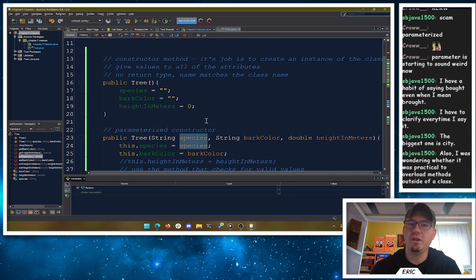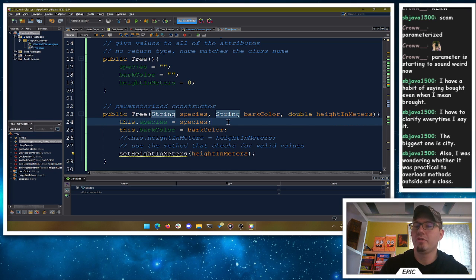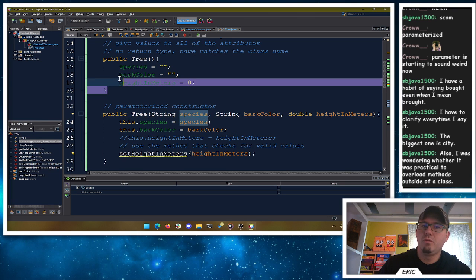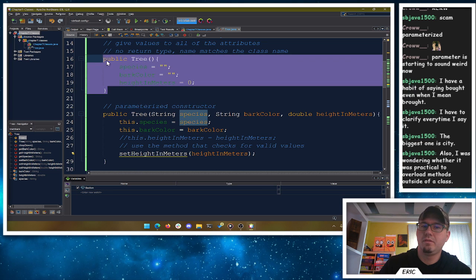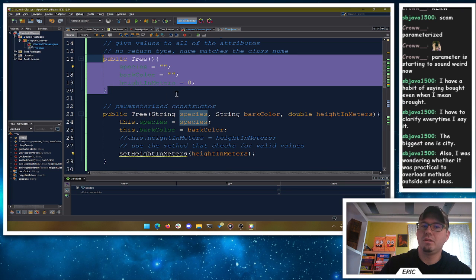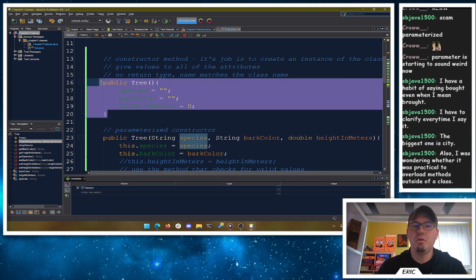So once you make that tree and tell me it's a Douglas fir, it will forever be a Douglas fir. You're not allowed to change it. It doesn't mean every class has to do it, but if it makes sense for how we're trying to solve our problem and how we're representing this noun, then great, we can do that. We've essentially made this value species read-only, because we're never going to change it anywhere else. Now, if we do this, we don't want a constructor that sets species to an empty string, because we'd never be able to give it a string here. So if the goal is to give it a value once and never be able to change it, you don't want one of these constructors here.